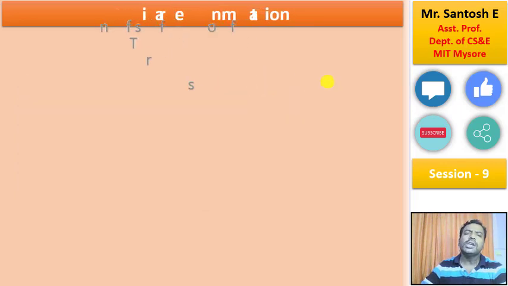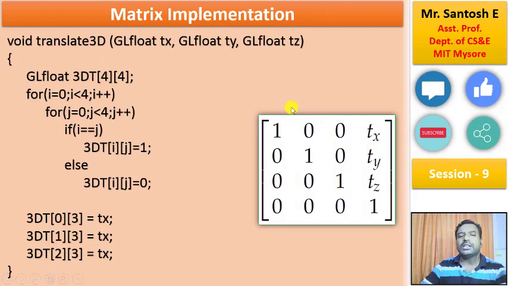Now we will see how exactly we put the matrices we have into an implementation or coding form. This is an example code that I have put here. Similarly, you can think about how the rotation matrix is going to work in implementation, and how scaling works in implementation, or the reflection, or even the shearing. So for example, just look at this. This is a 3D translation matrix. Now if I want to have this as a matrix, your job is so simple here.